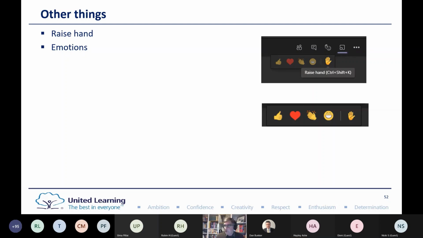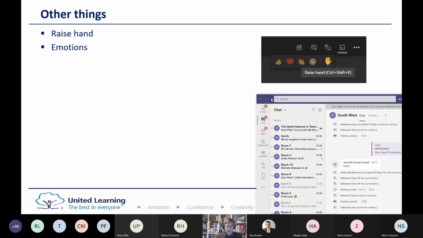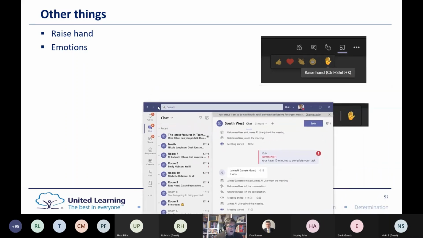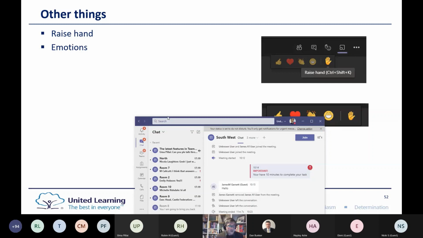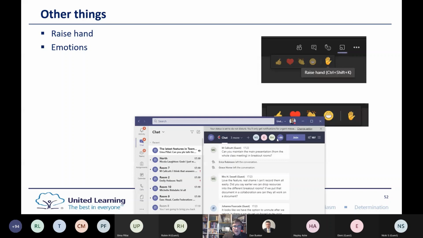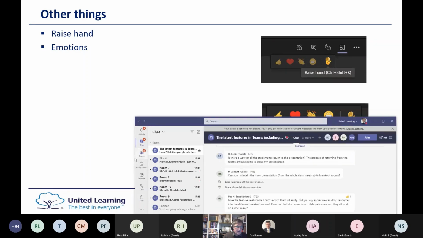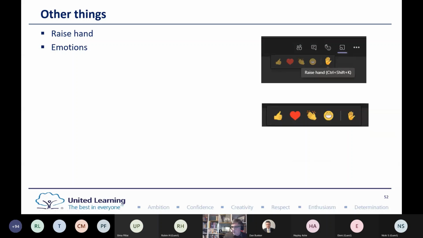So if I want to create some breakout rooms, I've got to assign someone to it in order to create it, because I need to open it to create it. And I can't open a breakout room without someone in it. But once I have created them, I'm just going to see if I can bring this across. So here are some breakout rooms. Once you've created them, and I'm going to come into this one, there's no reason why you can't, I'm just going to pull it slightly wider, there's no reason why you can't